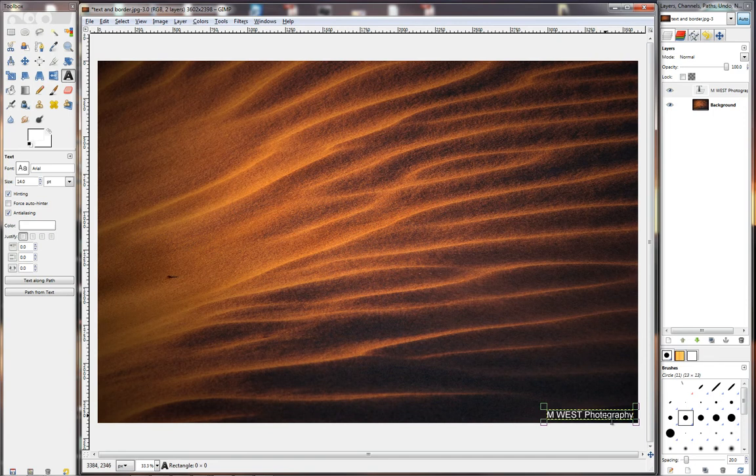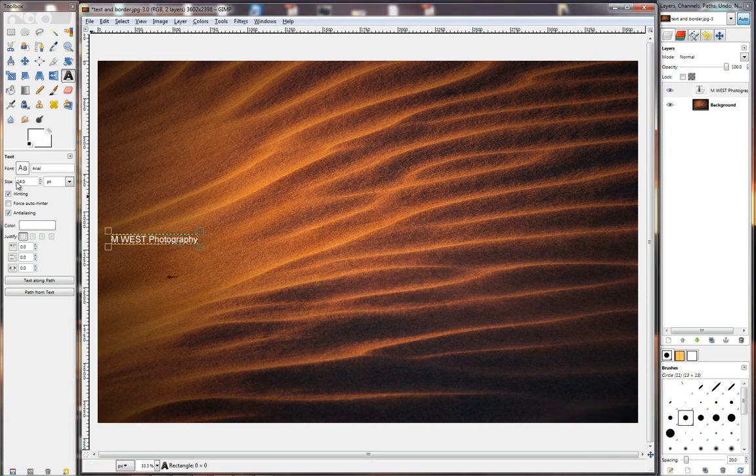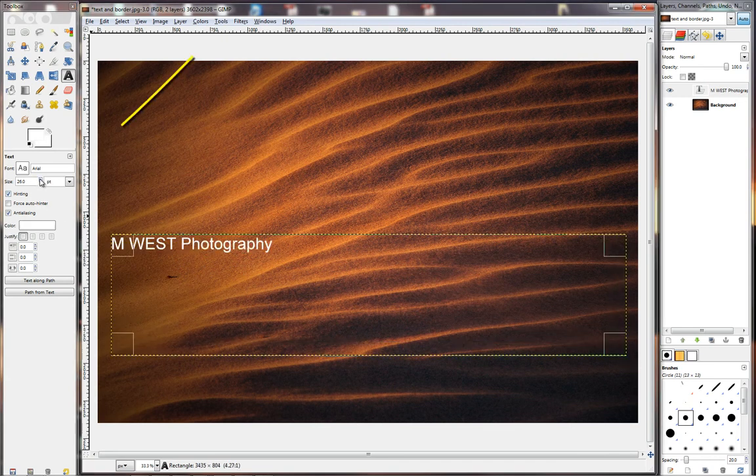And if I don't like it there, I can just move it somewhere else. Or say I want to make it much larger and create a watermark effect. I can click on it and I can move it, say, to here. I'm just going to click on this close right here, and then I've got the size, and when I click on size it enlarges the text. Now I must just drag this block right here to make it bigger like that,